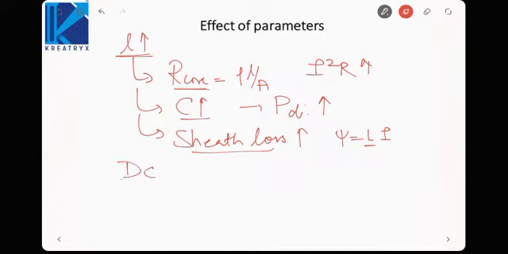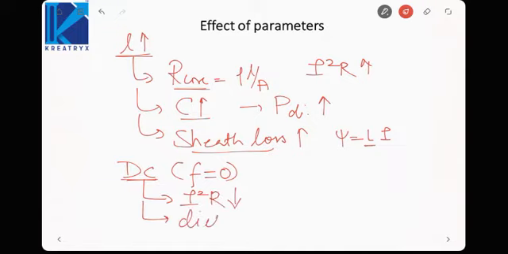But what happens if we use DC? DC frequency is 0. So there is no skin effect or proximity effect. So I square R losses will reduce. Frequency is 0. Dielectric loss has only one component, that is the leakage component. So dielectric loss is almost 0. Only the leakage component will remain. The component which is analogous to hysteresis will disappear. And lastly, sheath loss will be 0 as there will be 0 induced EMF. Okay, that will happen in case of DC. Thus in case of DC cable, losses are reduced and hence the heating is also reduced for a DC cable.